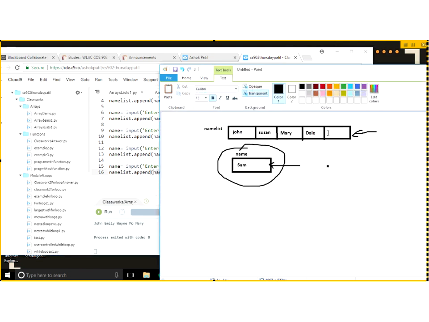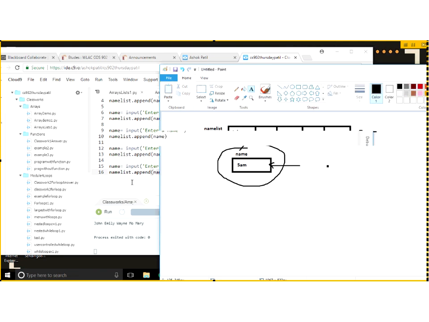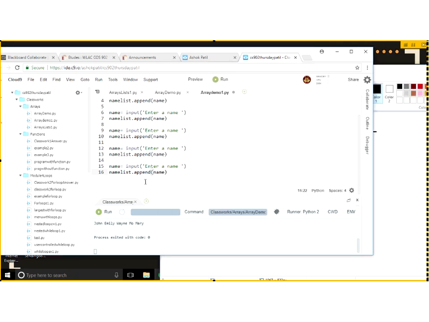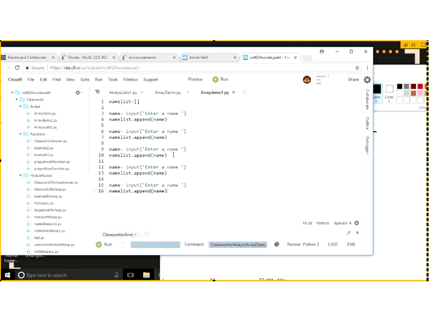Can you also loop that? Yes, you can. So we'll get to that, right? So what are we doing here? Basically, I'm taking a name and then appending to this list. I'm taking another name into this and appending to that list. Taking another name in here, appending to that list. Taking another name, appending to that list. Another name, appending to that list, right? Of course,